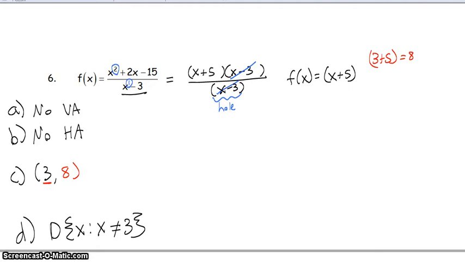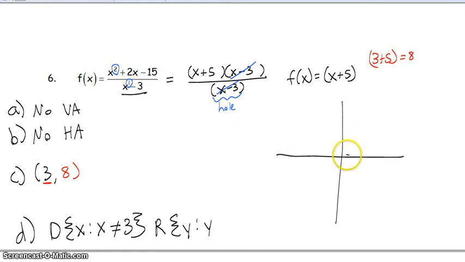All right, so we got A, B, C, D. We do not have the range yet, but I will do the range at the end here. And finally, we need to graph this. The only thing we know from all this information is that there is a hole right here. Now, when we go to graph this,